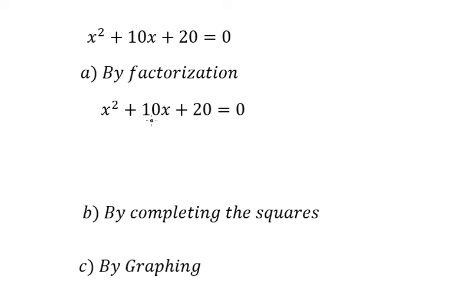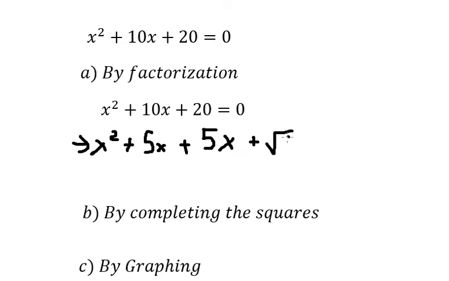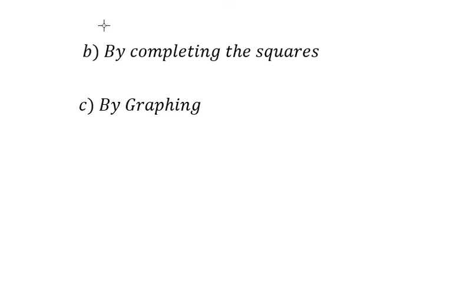So we see that about 10x we can put into 5x and 5x, and the next one we need to add about the square root of number 5x. Later that we need to minus the square root of number 5, and we put number 20 in here. So the next one,